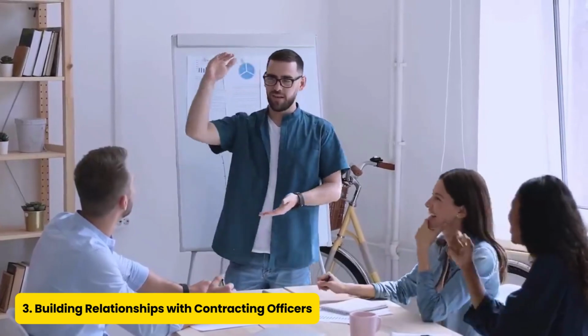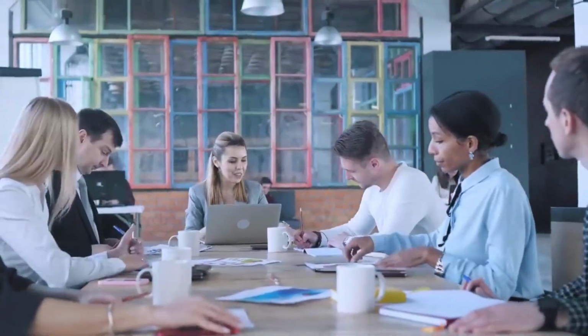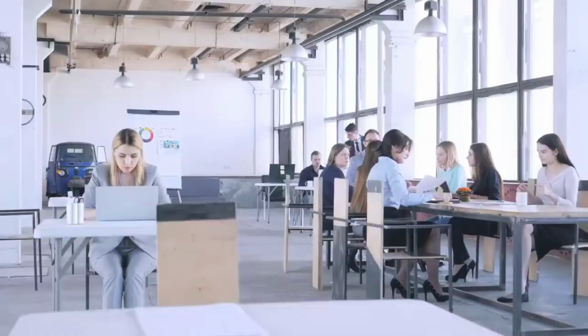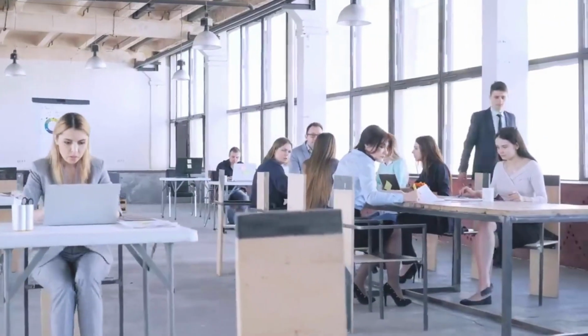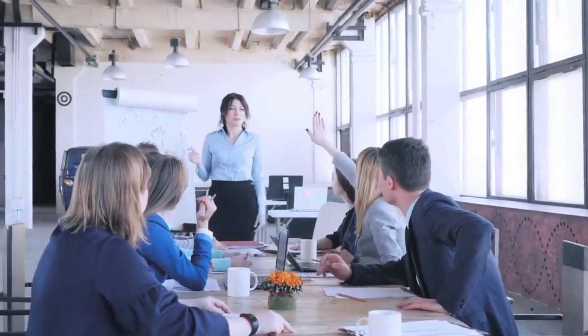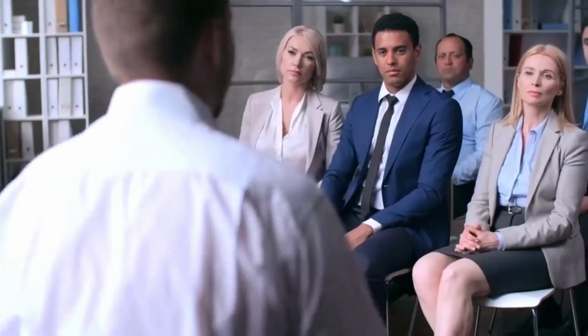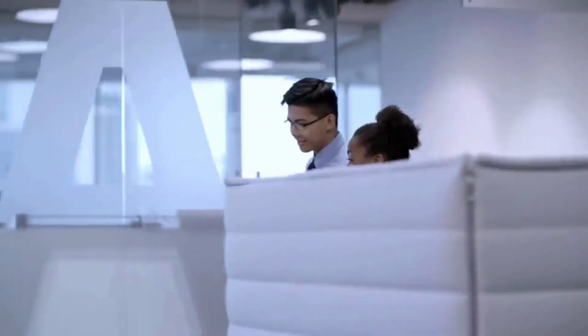Number 3. Building relationships with contracting officers. Getting government contracts isn't just about paperwork, it's about relationships. Contracting officers play a key role in awarding contracts, and building a relationship with them can give your business an edge. Contracting officers are responsible for managing government procurement processes, which means they hold a lot of power in deciding